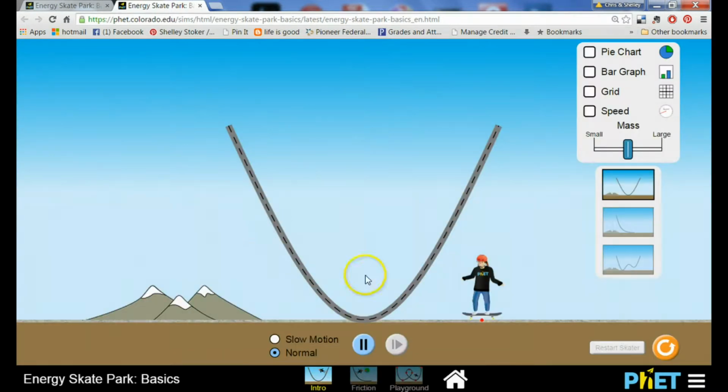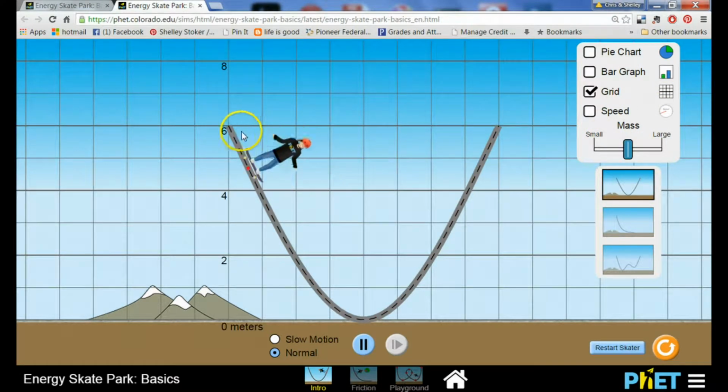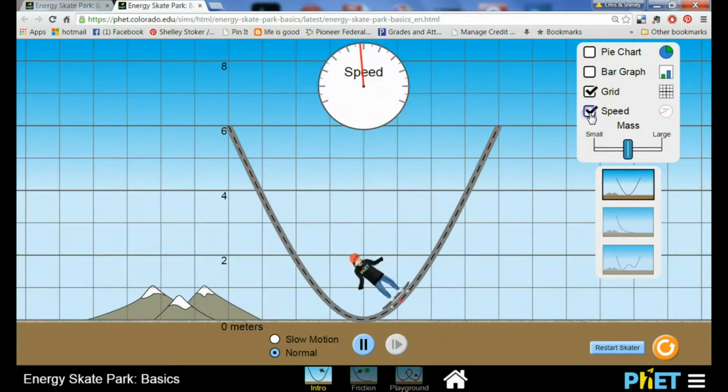We'll go to their intro page here, and I've got a skater on a ramp, just kind of a V-shaped ramp. And I want to throw in a grid here so you can see that he gets up to the same height each time. And if I add in a speedometer, you should be able to see that he is getting to the same speed each time, just past that halfway mark.